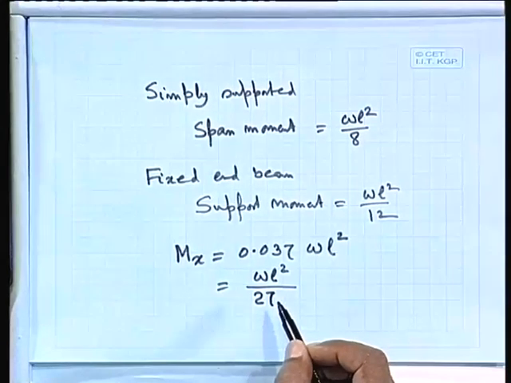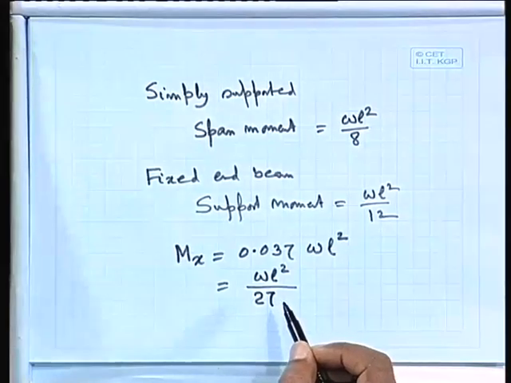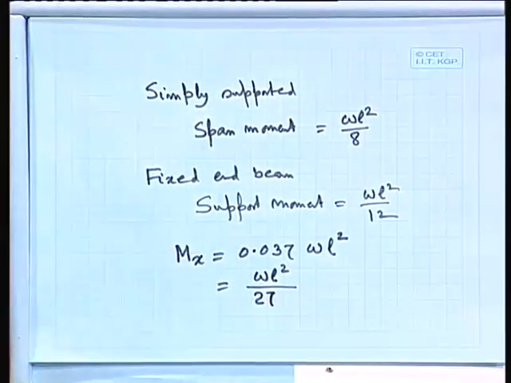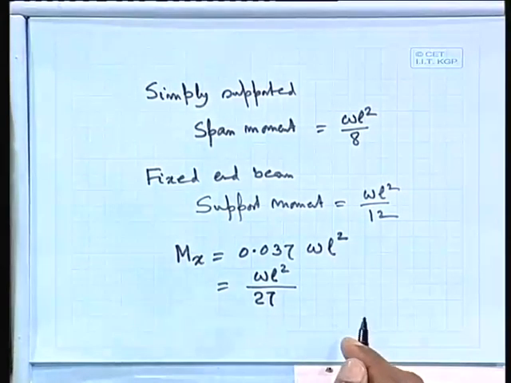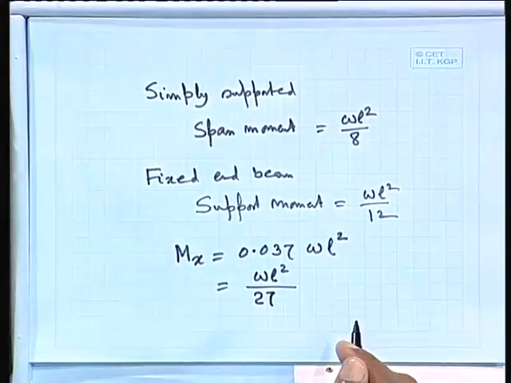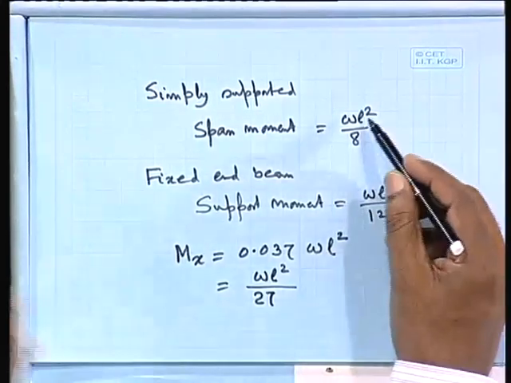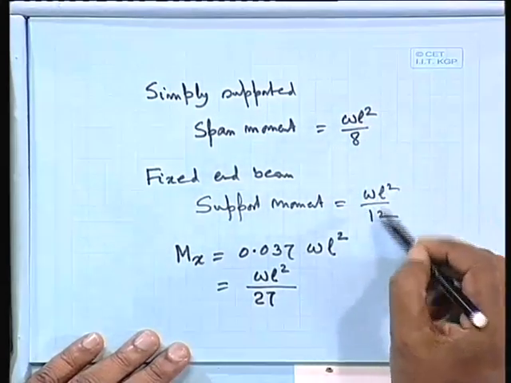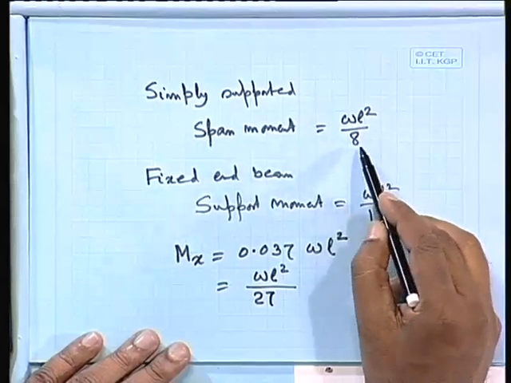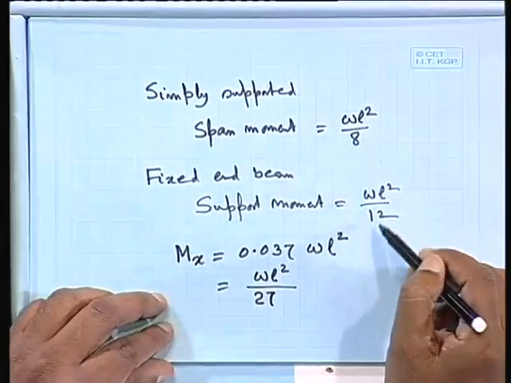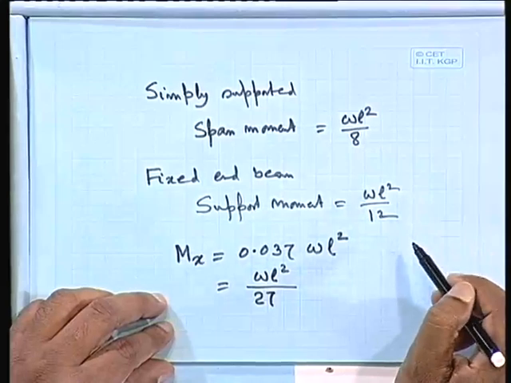So like that you can get it. I could find out a few values, say 0.107, 0.1 like that. So when you are getting 0.107, which is coming as 9.3, that means WL square by 9.3. What I mean to say is, the value whatever you are getting, you can compare your numerical values, since you are familiar with WL square by 8 or WL square by 12 or WL square by 24 or